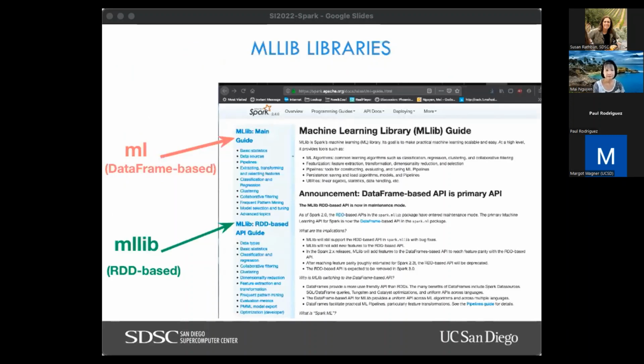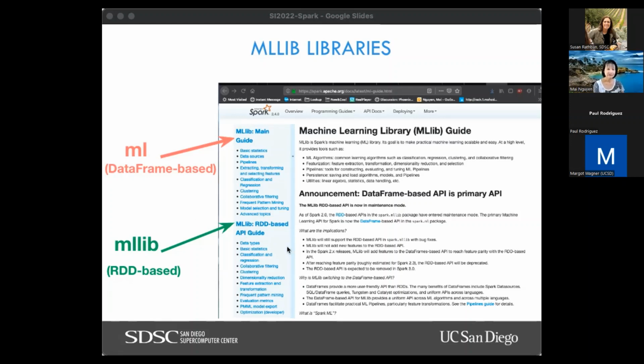Okay. All right, so one thing to note is that if you go to the Spark website, you'll see that there are 2 machine learning libraries. One is ML and the other is MLlib. Remember when Spark first came out, everything was RDD based, right? So they called that MLlib.